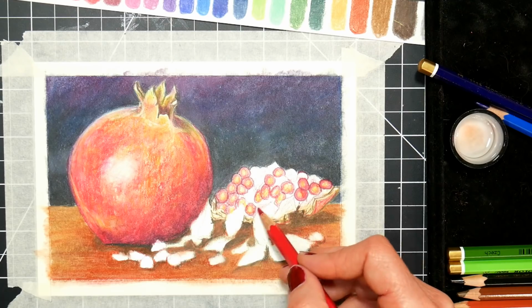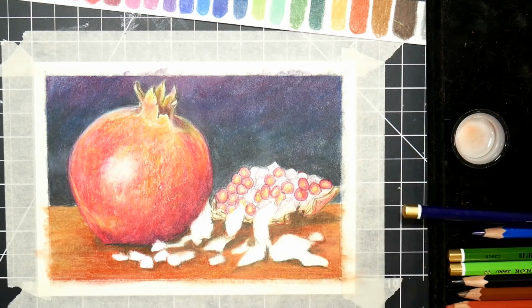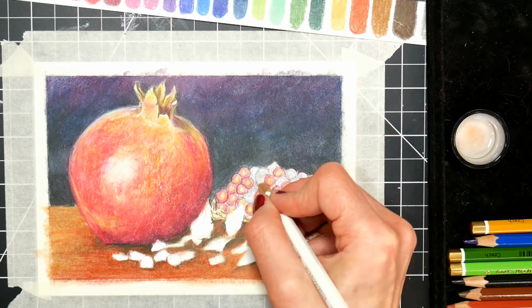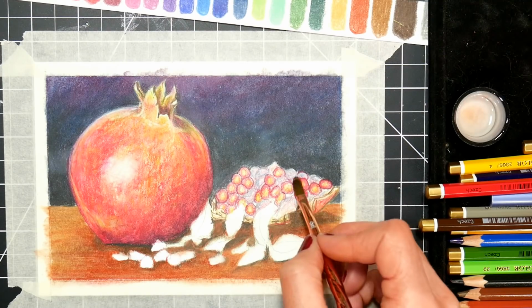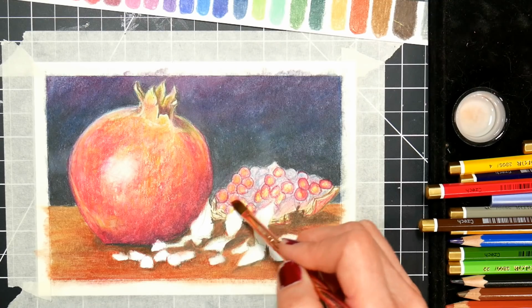I think that if you're tracing a photograph so you know that everything's accurate, or you're drawing on a scrap piece of paper and then transferring your drawing so you know that everything's all worked out and accurate and detailed, then you're fine to detail as you go. But I prefer to work the whole thing at once if I can. And that's what I'm doing here with these seeds. I threw all the yellow centers in, then I threw all the red on the edges. Now I'm adding in some of the